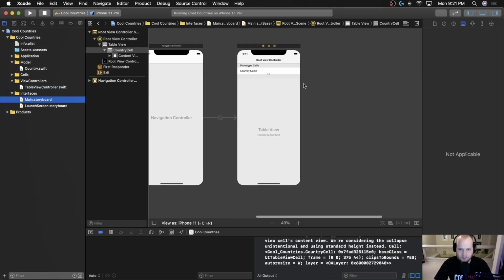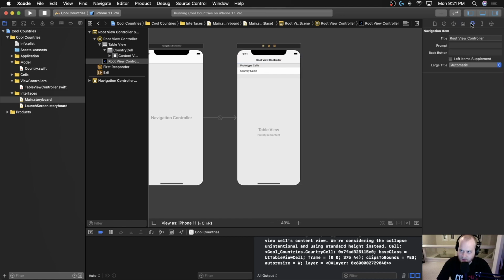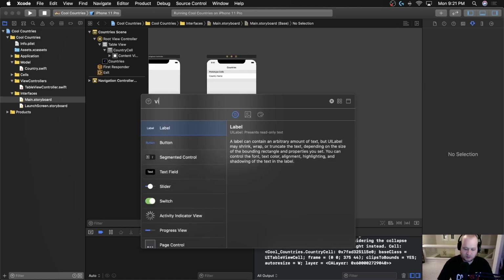And real quick before we do that, one thing I noticed is that this title right here is saying Root View Controller. So let's go ahead and just click on that right here, and then in the inspector, let's go ahead and just change the title to Countries. That's going to just make it look a little bit nicer here. Okay, cool. So now that we've done that, what we're going to do is we're going to create a view